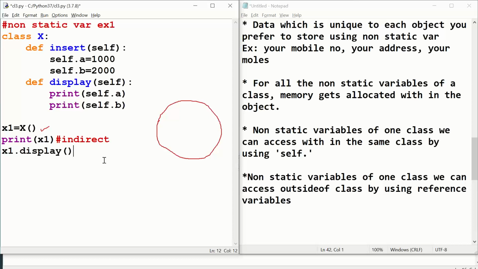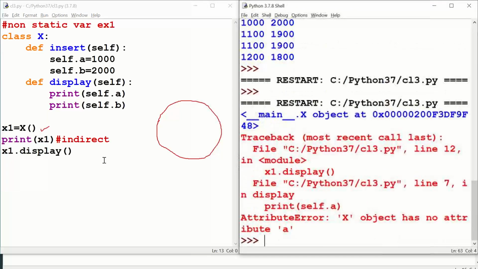It will lead to an error. Display contains self.a and self.b, but it displays whatever is in the object. Have I written anything in the object? Nothing. So that's why your interpreter is responding that it doesn't understand print self.a. This will not work.